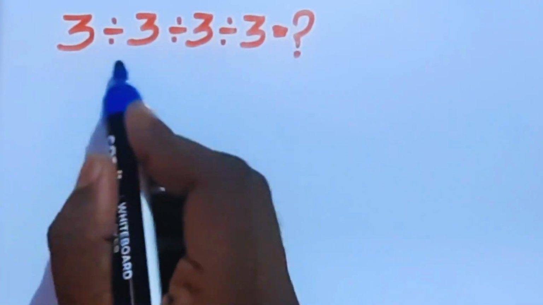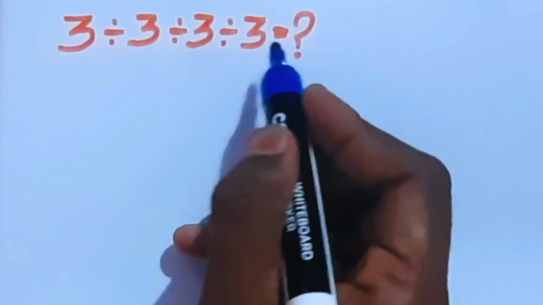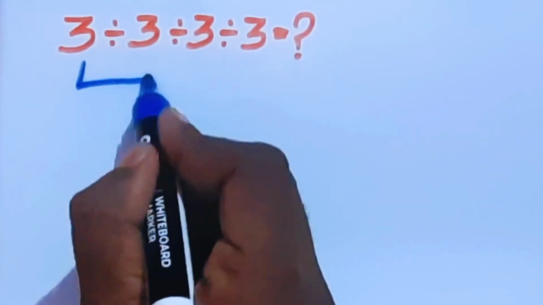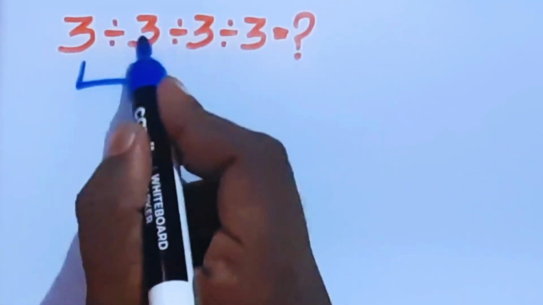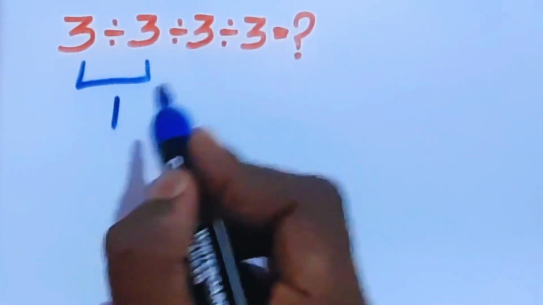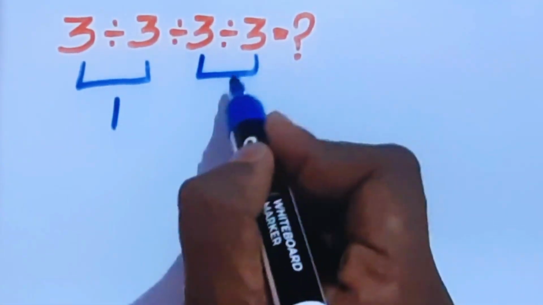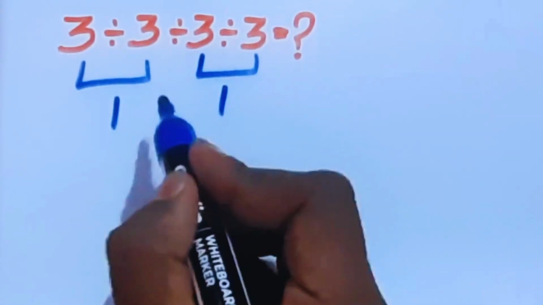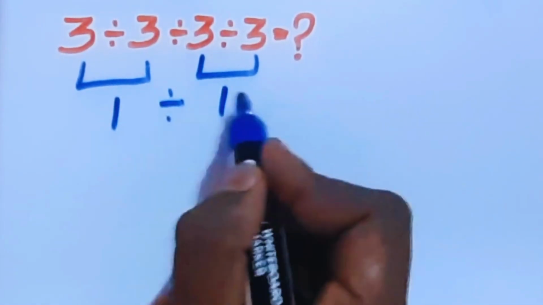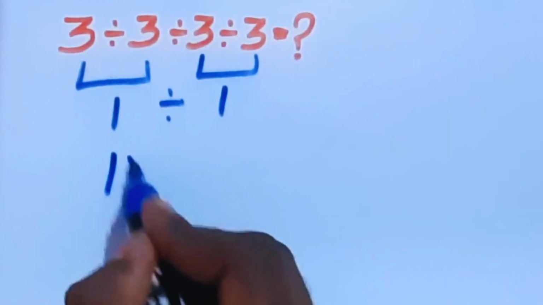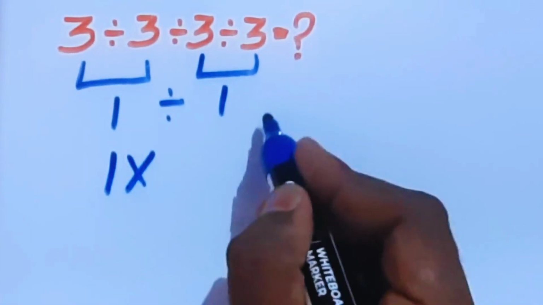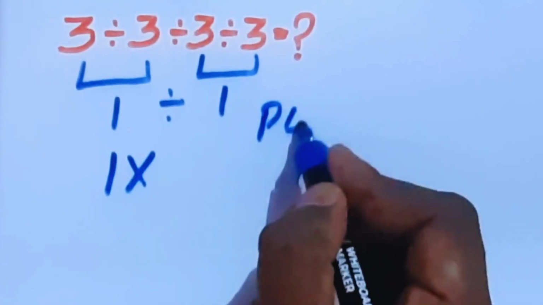Hi guys, most of them get answer 1 for this problem. It is wrong. Let's see. Here 3 divided by 3 is 1. Here 3 divided by 3 is 1. Now 1 divided by 1 is 1. This is wrong. As per the order of operations, PEMDAS,